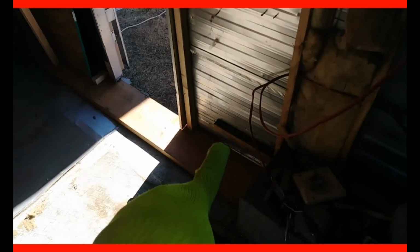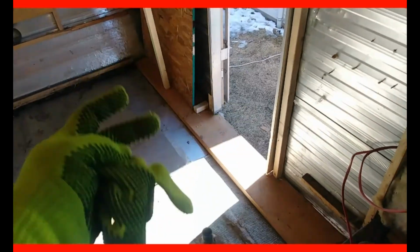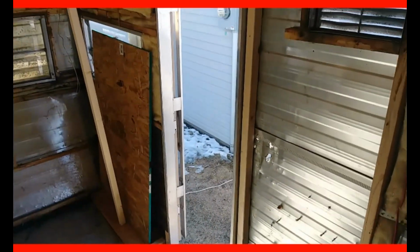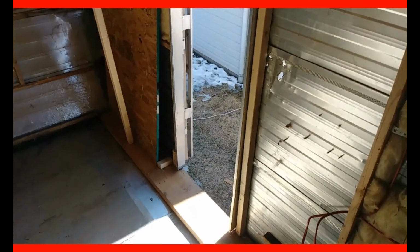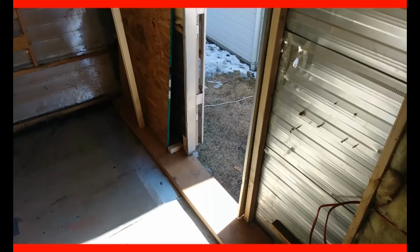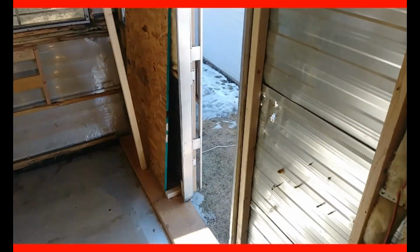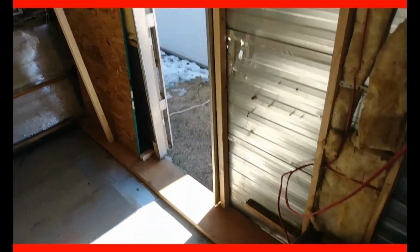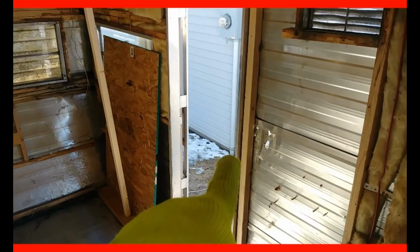So I need to finish reframing the wall here and then suck it back in to get it into its proper position. Same with up there. Gotta finish framing that, get that pulled back in, and then rehang the door again. But finally I got it to a point where it now closes and latches on its own instead of having to use the little slide latch that was on there, which is right there. So get that fixed, patch all that up,